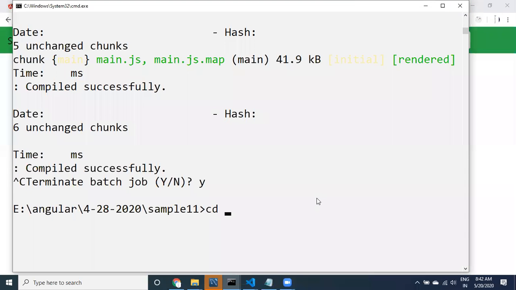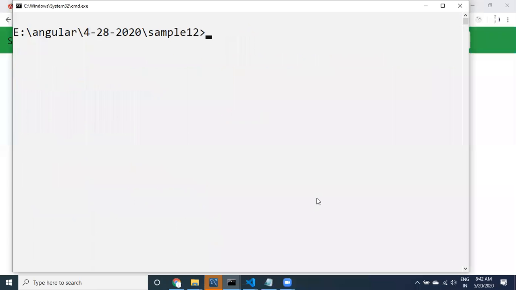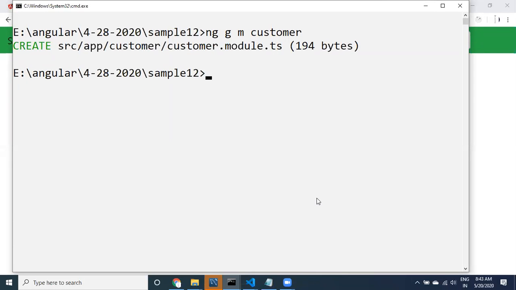This is sample 12, right? I will come back to sample 12, and here I will create the modules first. ng generate module, first the customer module. Let's say ng generate module customer. And then ng generate component.